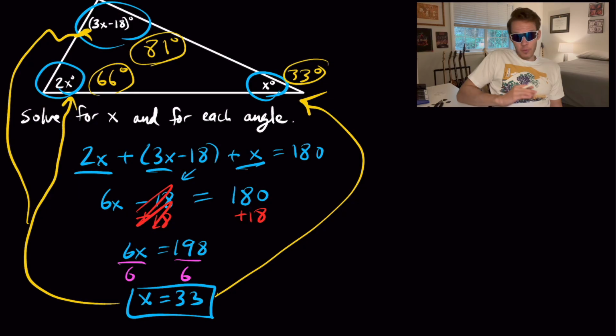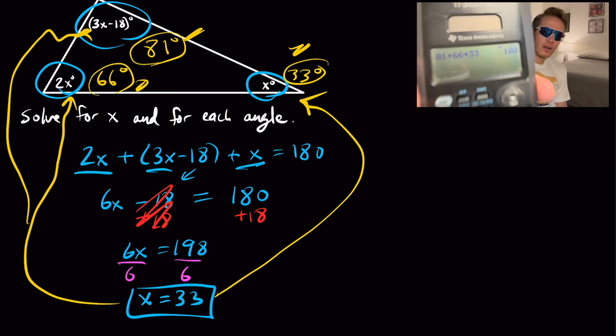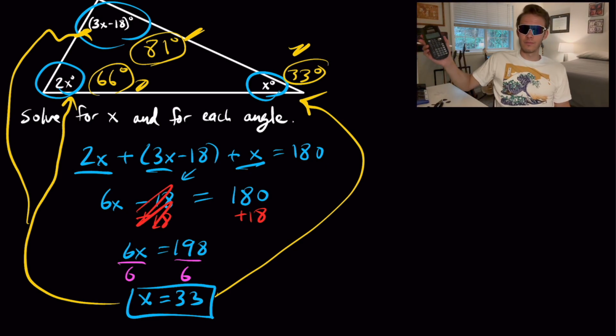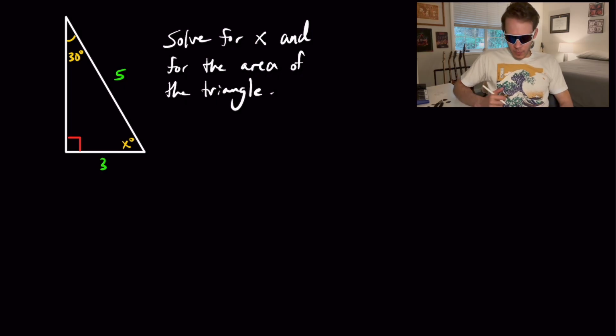So if you wanted to check your answers, make sure everything works, add these 3 angles together, and you should get 180. So let's see if we did that. We got 81 plus 66 plus 33 is 180. So this is correct. All right, next up we got a right triangle, and we want to solve for x